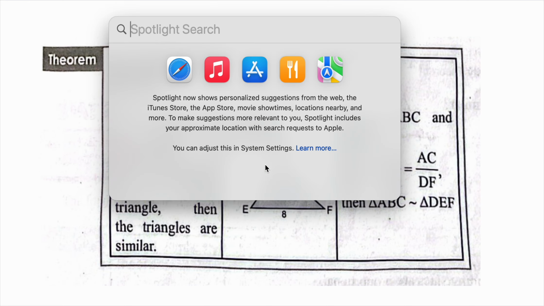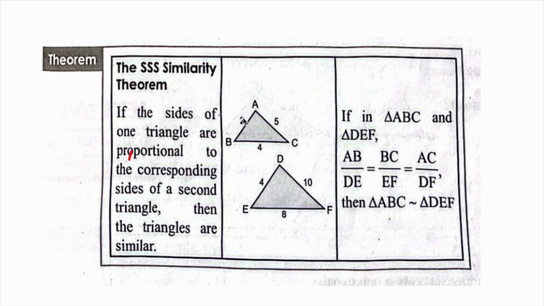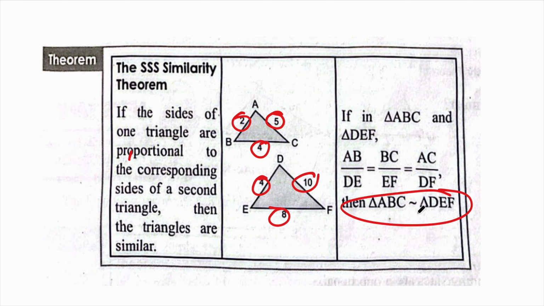So, what it is saying here is, if you have these particular sides, for example, AB is proportional to this one. Also, same with the ratio of this one, 5 and 10. Same with the ratio of 4 and 8. Okay, BC and EF. This is the mathematical representation of that. They have the same or common ratio. Then these two triangles are similar as well.